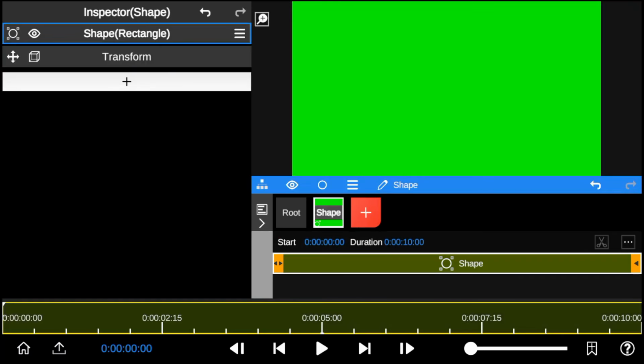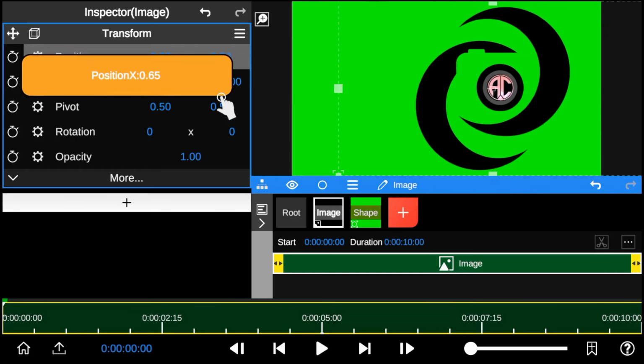I add the logo I want to transform into 3D. To achieve a good result, make sure your logo